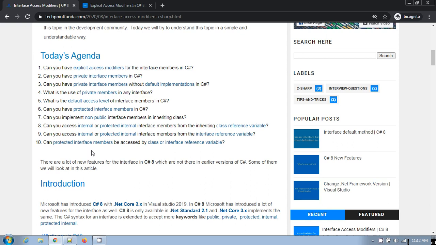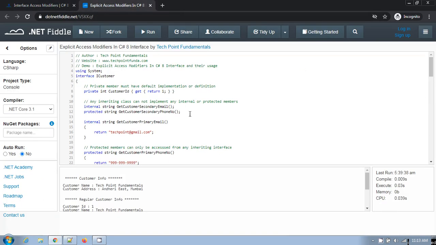If you define any member as private, then you can access it within the implementation of a default definition. For example, if you are providing a default implementation for any interface member, then you can use those private members within that. Let's see this in a practical example so that we can understand this properly.